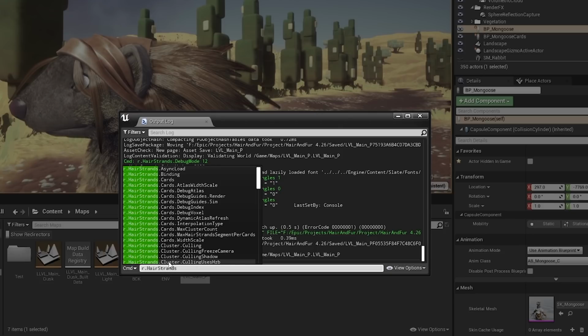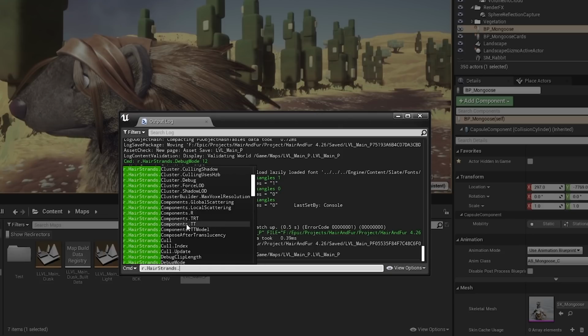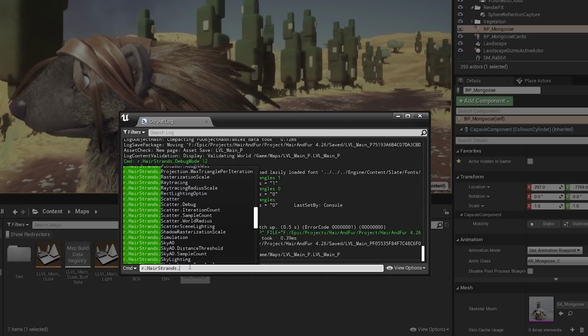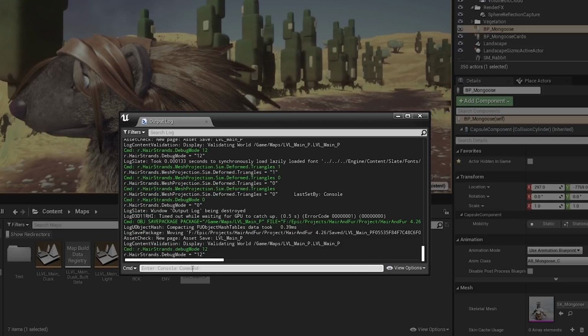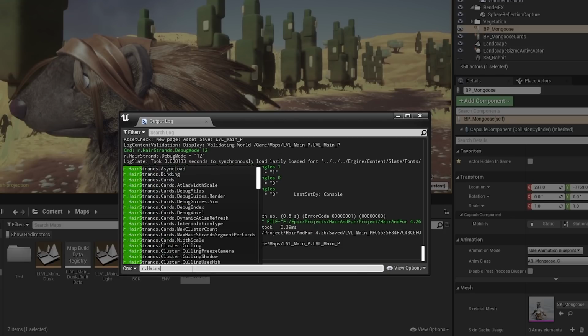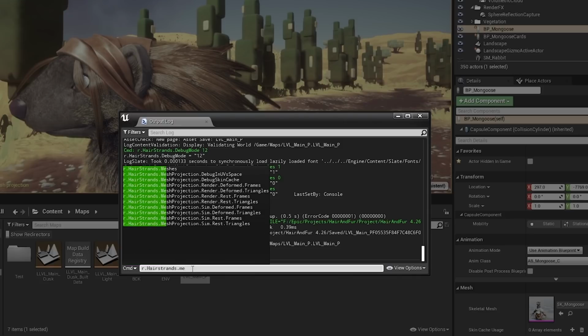They are pretty useful, and we will talk about some more a bit later in this video. But you should be checking what are the most suited for you. r.HairStrands.DebugMode 12 and r.HairStrands.MeshProjection.FramesSeamDeformedTriangles 1.